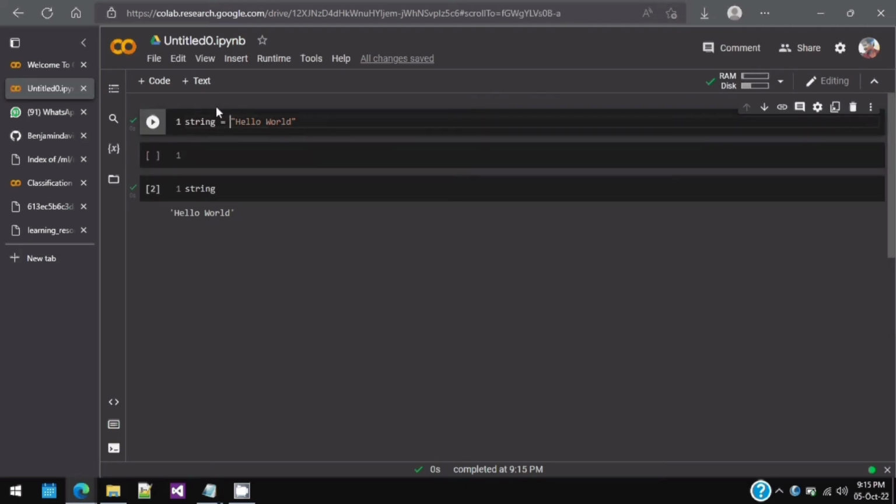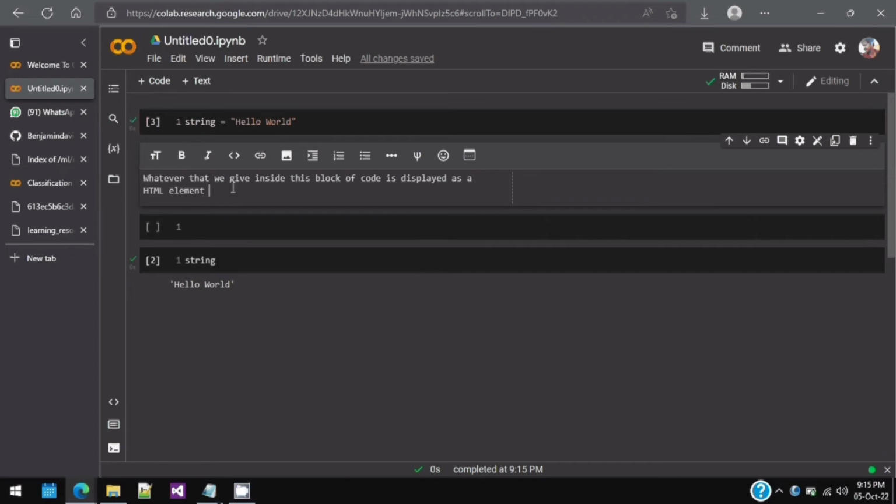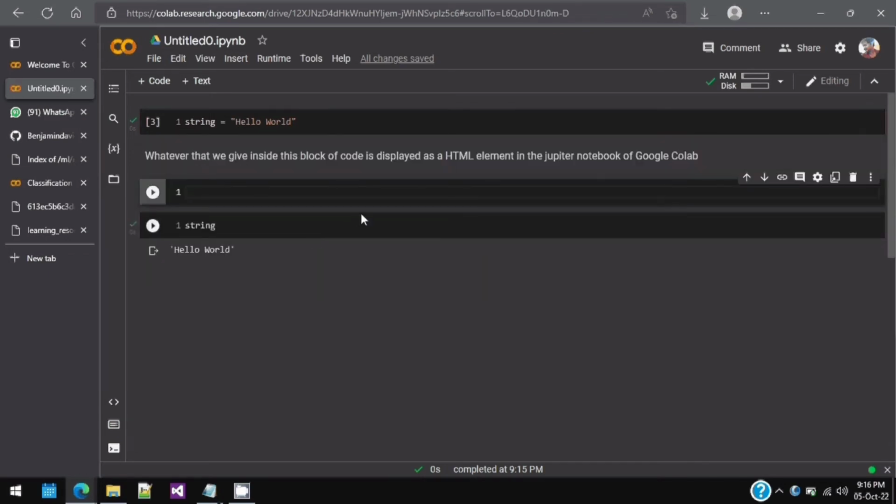Coming to the text cell, when I click it, you can see that I'm just typing a new paragraph. Whatever we give inside this block is displayed as an HTML element. This is how a Jupyter Notebook will handle any HTML content, and in the same way Google Colab is also handling the markup text. As you can see, this is a simple paragraph that is here,